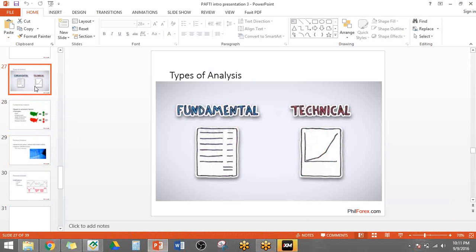What I recommend, and this is just a personal input from me, is that if you're going for fundamental analysis, you go for longer time frames, because short time frames for fundamental analysis might not be very reliable. There are a lot of spikes in the market, and then after a while, they go back to the original path that they should be on.